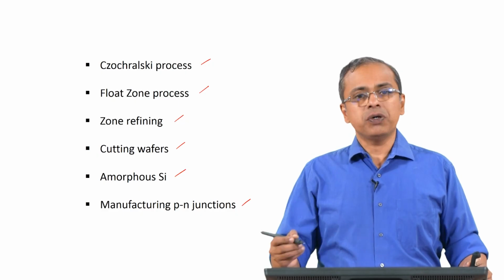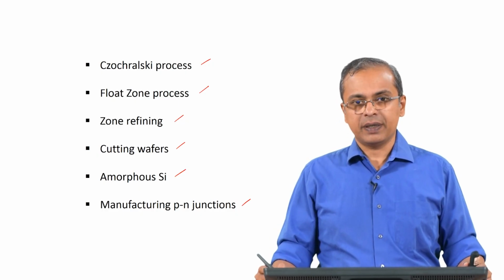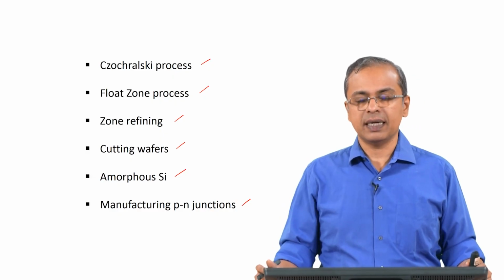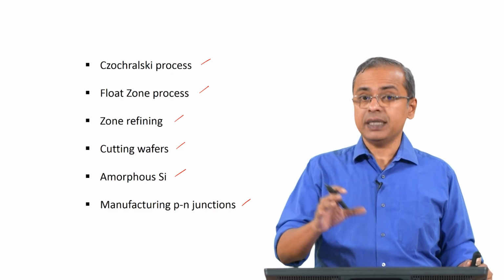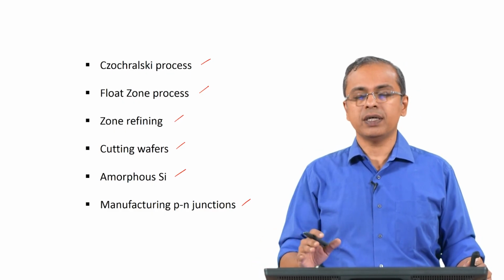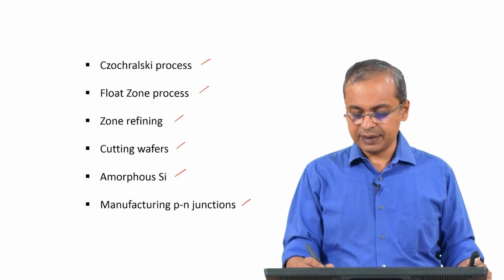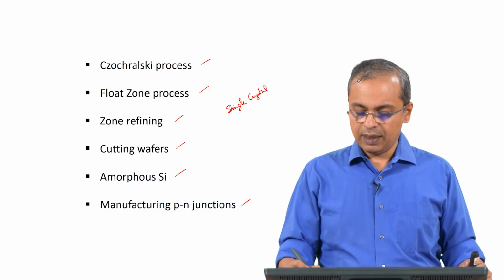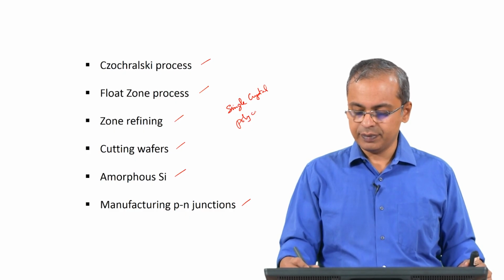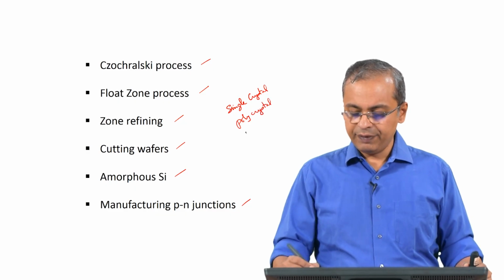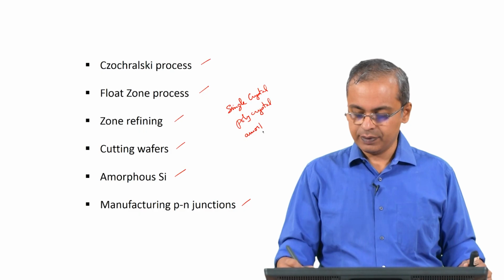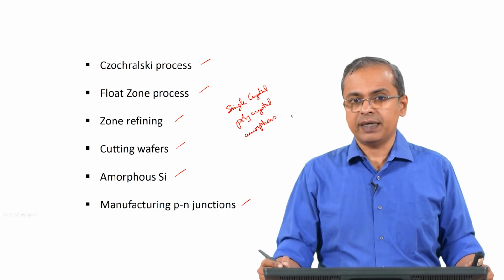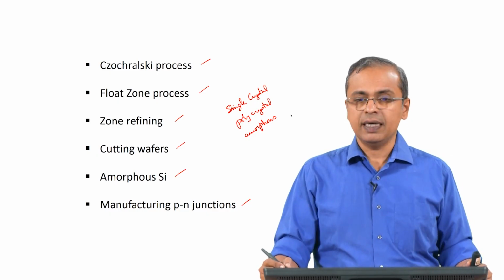As we go over this, I think what you will find as a common thread that goes through this set of topics that we are going to look at in this class is the fact that there is something associated with crystal structure. Okay. So, particularly we are talking of terms such as single crystal. We can also talk in terms of a polycrystal, and we can talk of an amorphous material. Okay. So, these are three different kinds of material that we can consider,